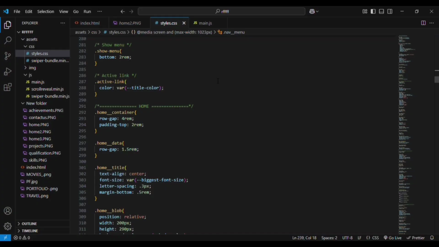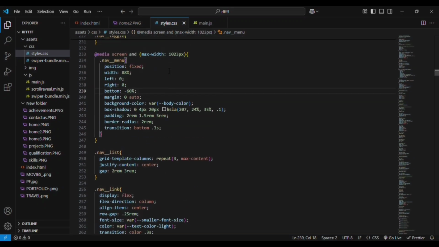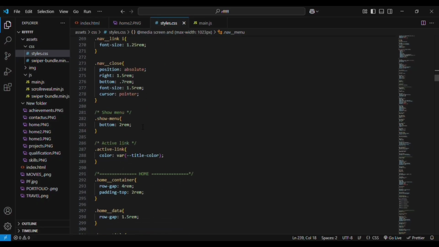The show menu is the one and only class that will help us in changing the bottom value. You can see the bottom value is minus 60%, right? So by giving the show menu bottom to them, we are going to make it visible. I'll tell you how. We will have the menu icon, so whenever you click on the menu icon,